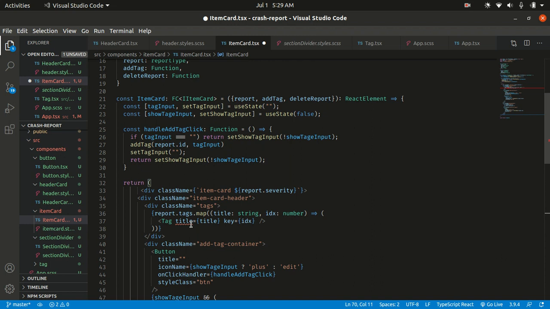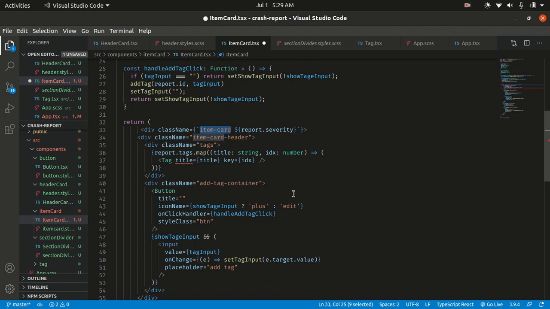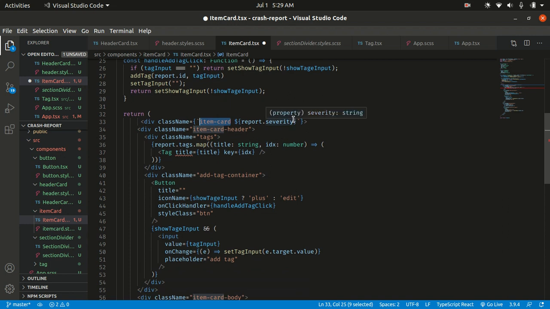Okay, so this is erroring because we've not done the tag component, but we'll get to that. Let's just leave it. So I'm having a div here, having the item card class name. This is just the usual thing. So I'm looking at the severity, and I'm adding a class to it. If the severity is high, if it's low, I already have a class on the CSS that,